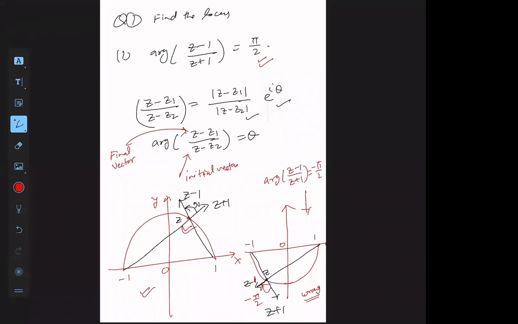So, understood how I am going to differentiate between these two circles. The locus is a half part of the circle, but which half part? Upper half part or lower half part? Yes, I have rotated z plus 1 to form z minus 1. z plus 1 is the initial vector and z minus 1 is the final vector. So I have to rotate in the clockwise sense. So the second one,